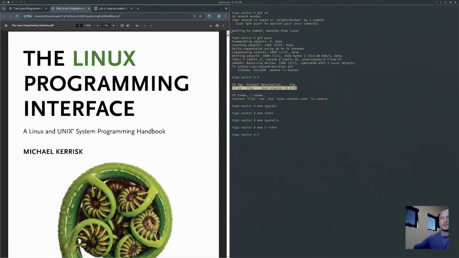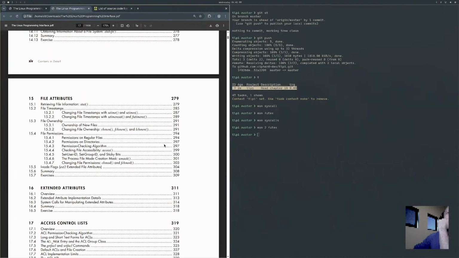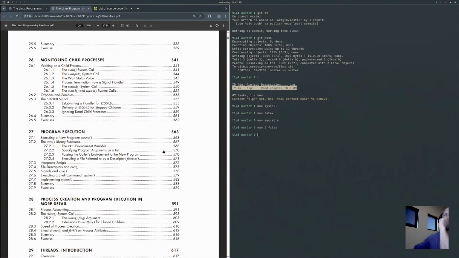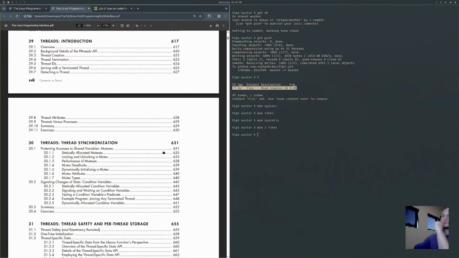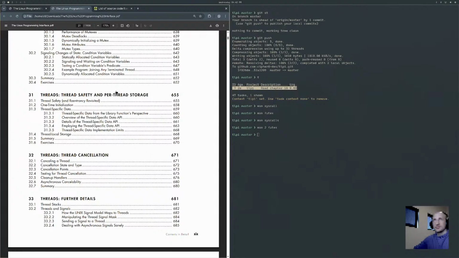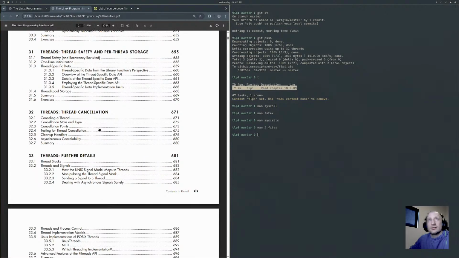let's look back here at the index. I just want to look through this. Signals, timers, process creation, termination, monitoring. Thread interactions, thread synchronization, thread safety and per-thread storage, thread local storage, something I want to learn more about, like how it's actually implemented. Obviously it's somewhere on the thread stack, but the thread stacks are heap allocated, so where is it? Threads, thread cancellation,